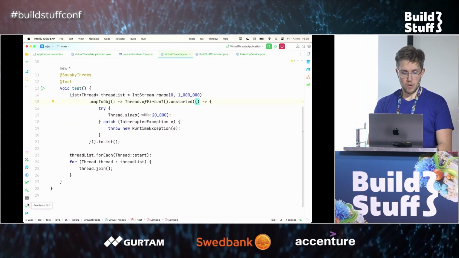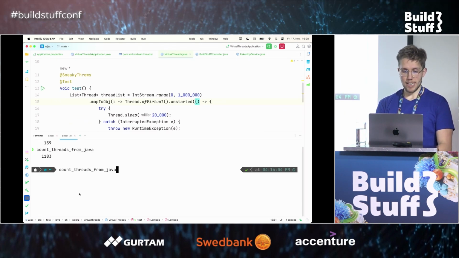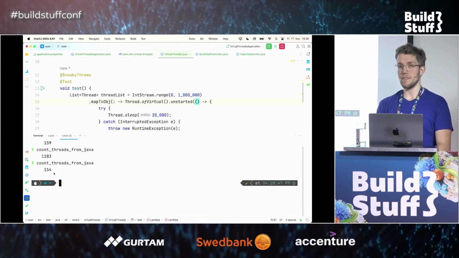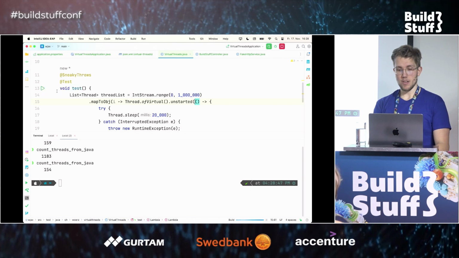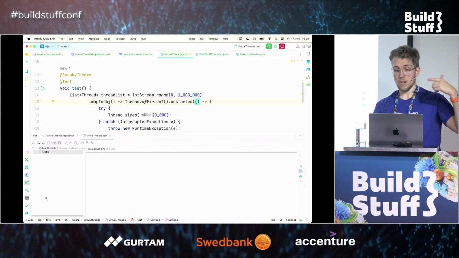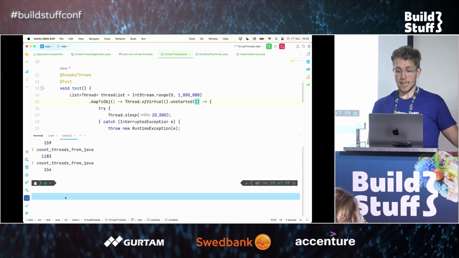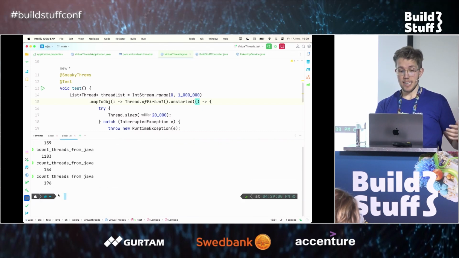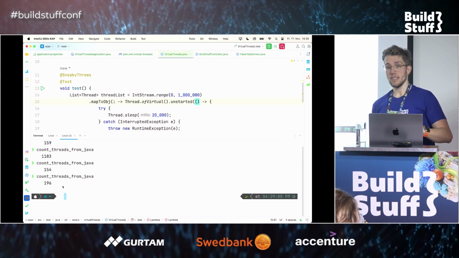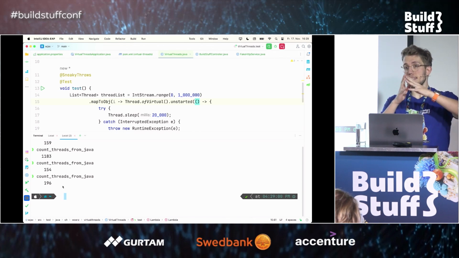And now let's go back in here in our count. We can see we have 154 threads running. Now let's start this and start 1 million threads. And we are starting this. The first thing we see is we don't get an out-of-memory exception. And now let's check, and we can see only 42 threads got created, because we see that these 1 million